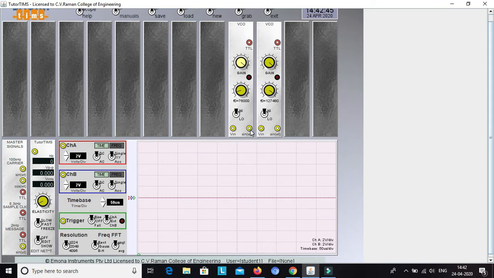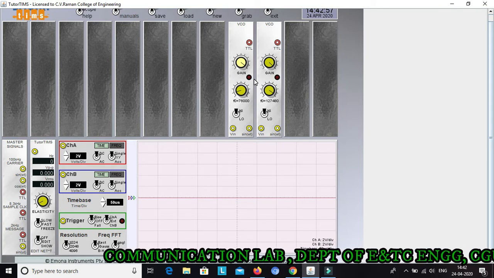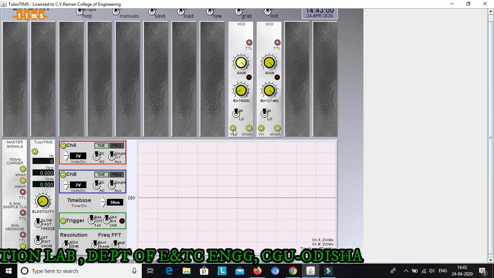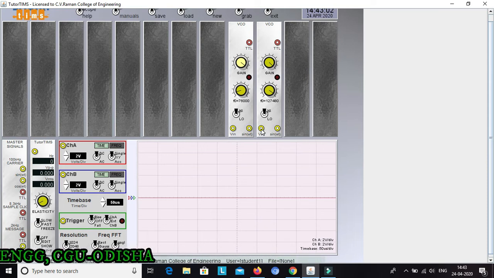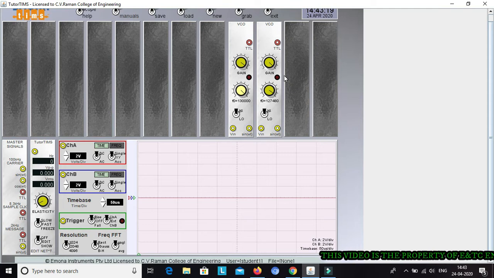This VCO is a device which gives you a constant oscillation without giving any input. If you are not giving any input, it will still give you output. As the name suggests, this is a voltage controlled oscillator, so V in you have to provide for both cases. As you are not giving any voltage, the oscillation will be a constant oscillation. There will be no variation in frequency. It will give you a constant 70 up to 130 kilohertz, whatever you set, it will give you that value. And the same case applies for VCO2 also.